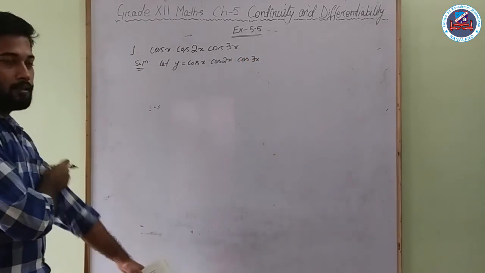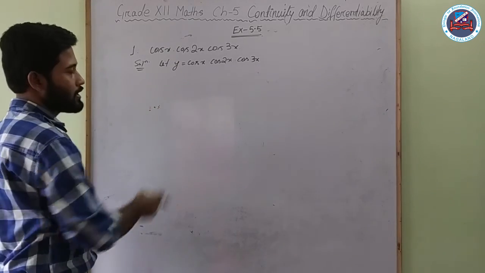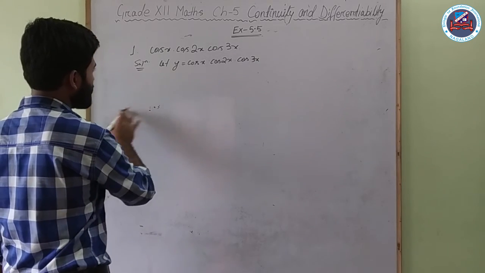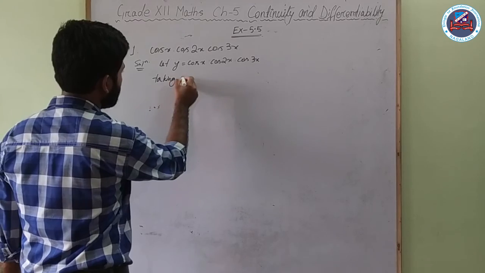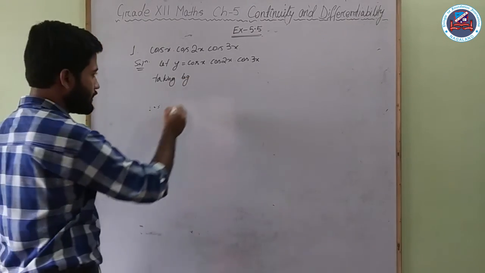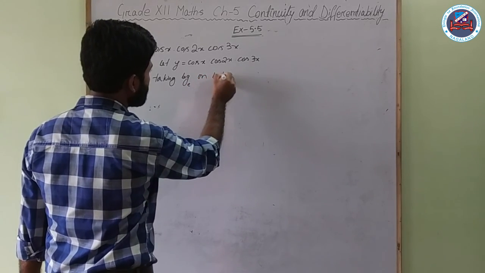Now either we can directly do the differentiation of this by using chain rule, or another option is that you can take log on both sides. Taking log, always remember that this log will be of base e, right? Taking log on both sides,